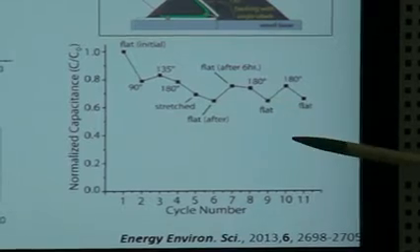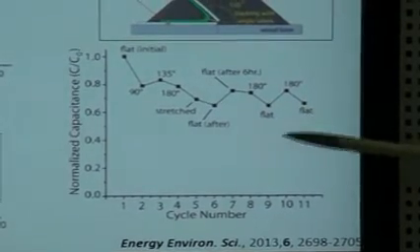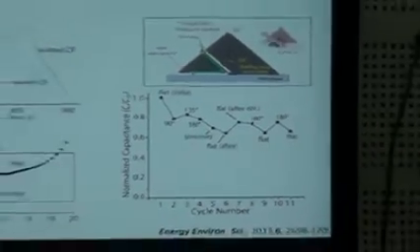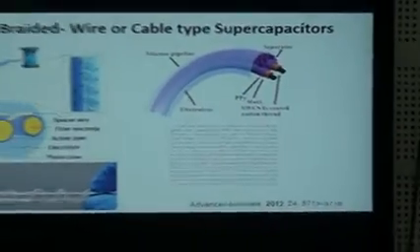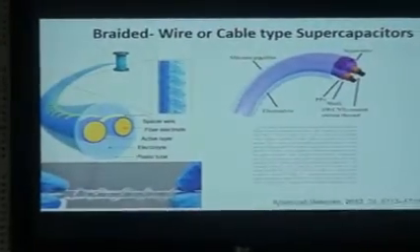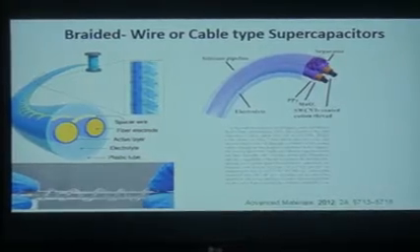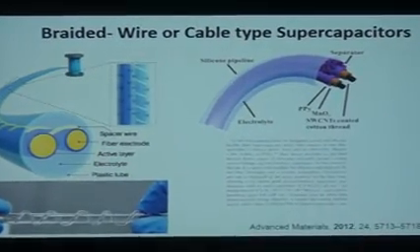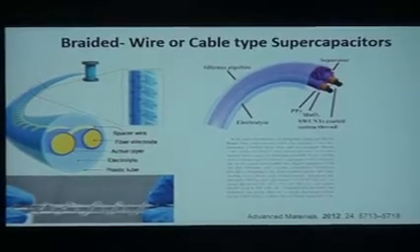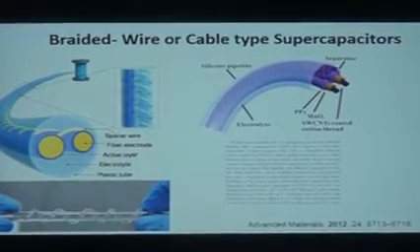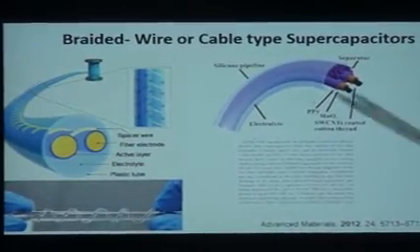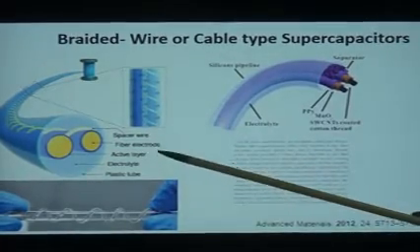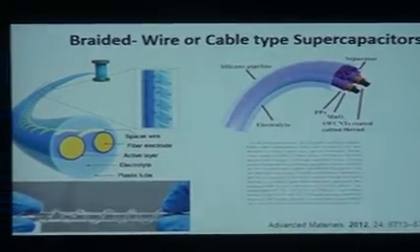Different angles and stretching it, it changes a little, but still it retains its value. And this is another example. Okay, this is braided wire. So what they have done, they have taken an envelope where the two wires can go in, and for separating the two wires from shorting, they have coiled the separator on one of the rods. Very interesting, right? So that they don't short anywhere in between.